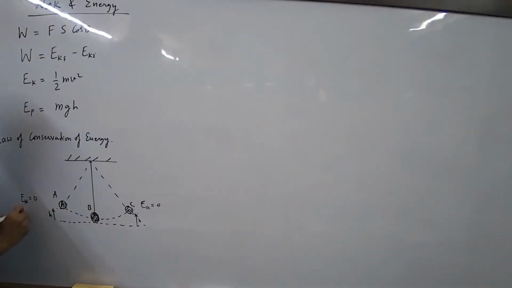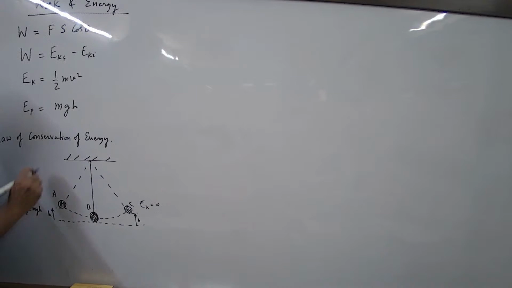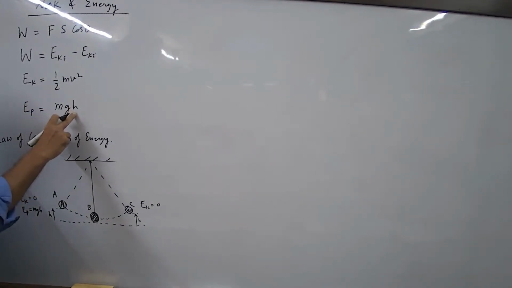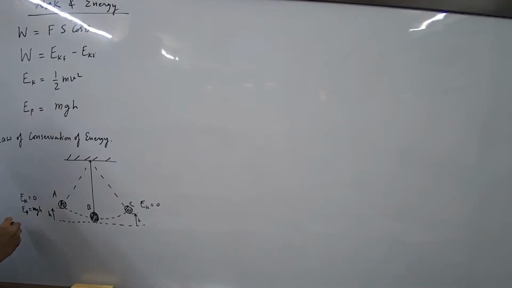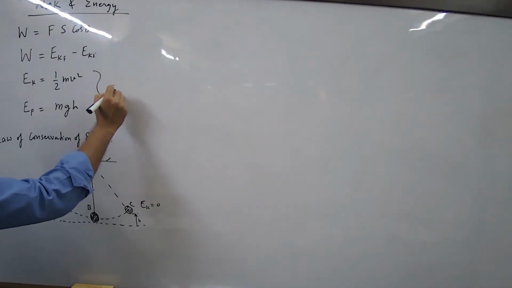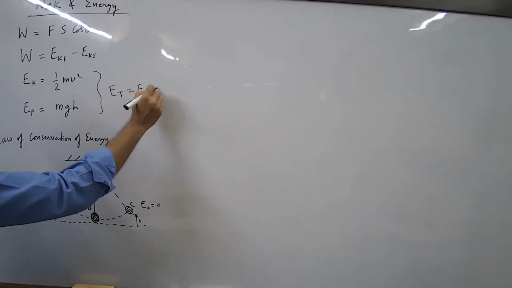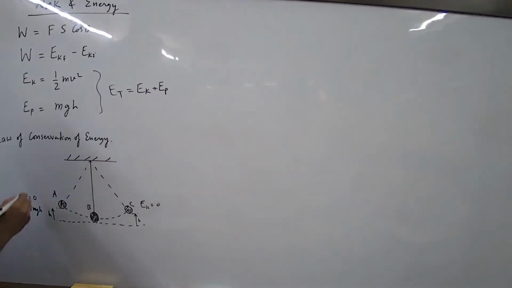Because it is the top position. What about potential energy? Imagine its mass is m. So over here, what is the potential energy? mgh. Potential energy depends only on the height. The rest is the mass of the ball, and g is the same everywhere. The potential energy at this point is mgh. What is the total energy? Ek plus Ep. So total energy is kinetic plus potential energy, always. So total energy is mgh plus 0, which is mgh.